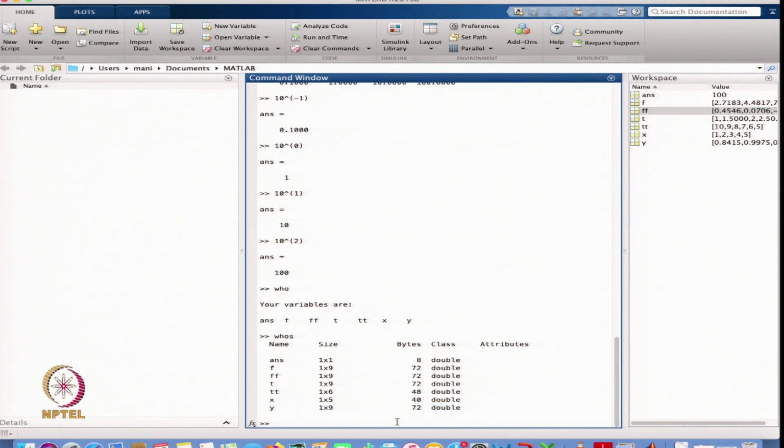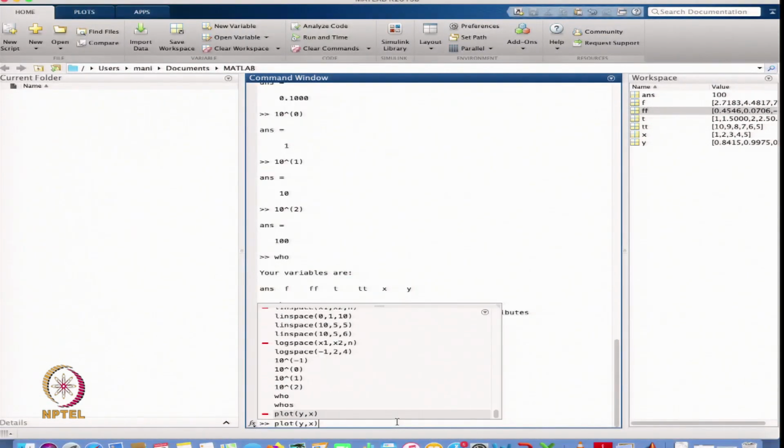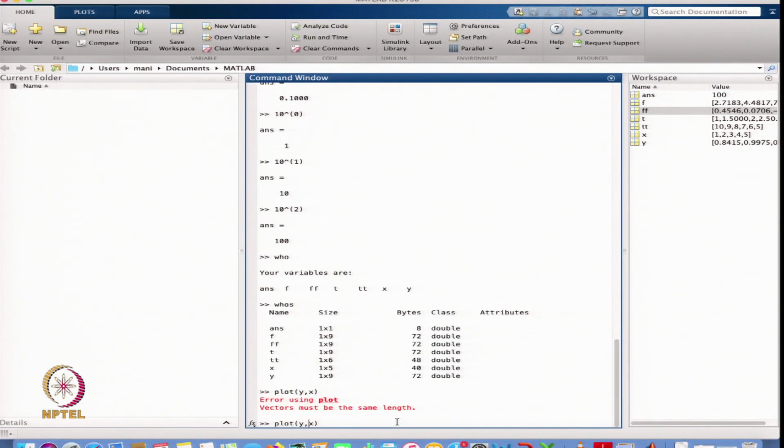Now, suppose I want to go a little further and plot the function y with respect to t. Whenever I defined y, I was taking the value of y over this interval t.